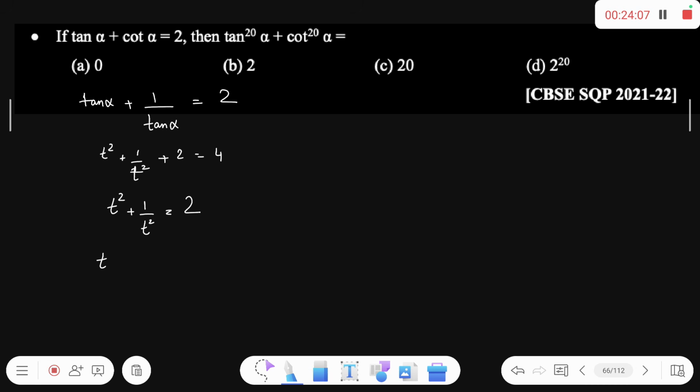Again squaring both sides, this is t to the power 4 plus 1 upon t to the power 4. 2 का square 4 is again 2, and redoing it you will get t to the power 8 plus, you don't need to do so many times, just remember the answer is,